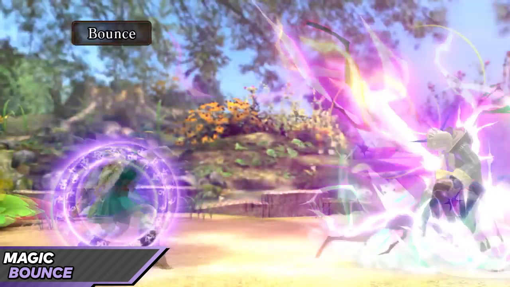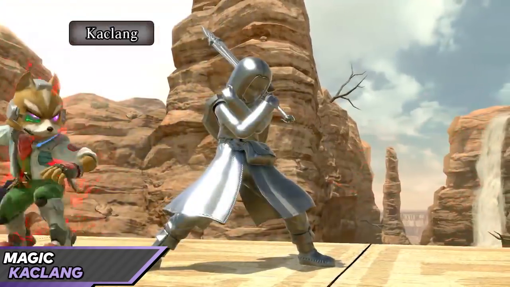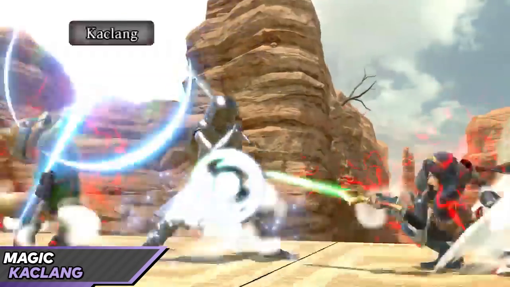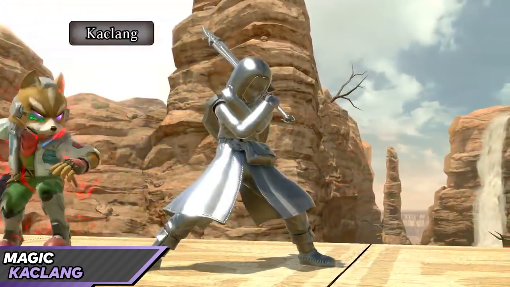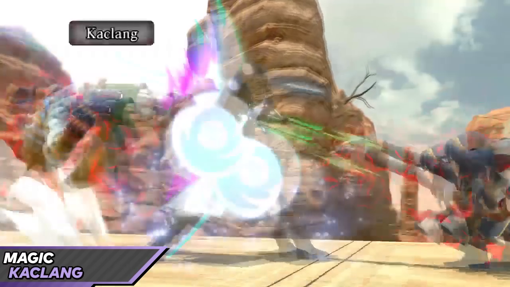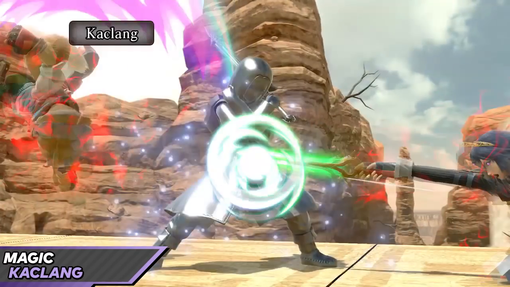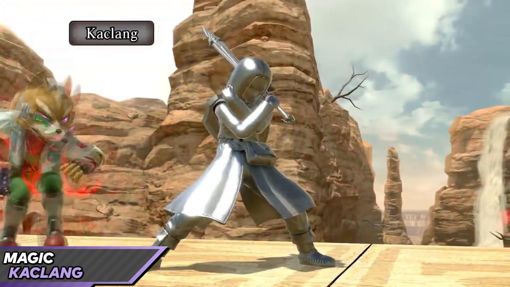attacks that aren't projectiles. Another odd defensive move, Kaklang encases the hero in metal, making him completely invulnerable to all damage, but also completely unable to move. How useful it'll be will probably depend on the end lag. Blocking stuff in a pinch is nice and all, but if you're vulnerable for too long afterward, you'll just get